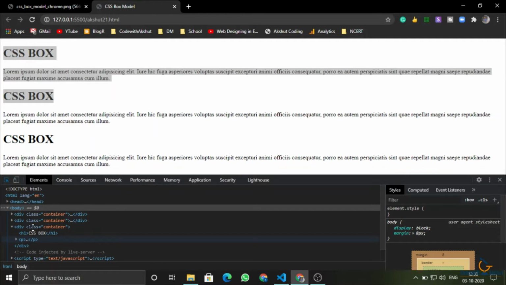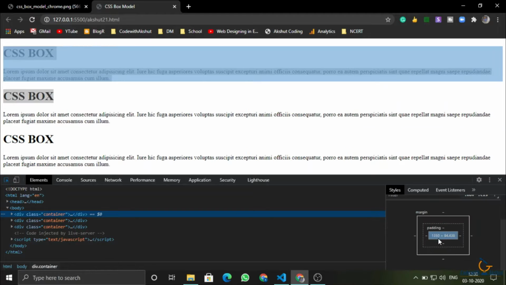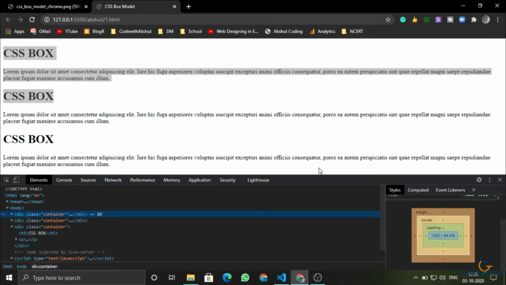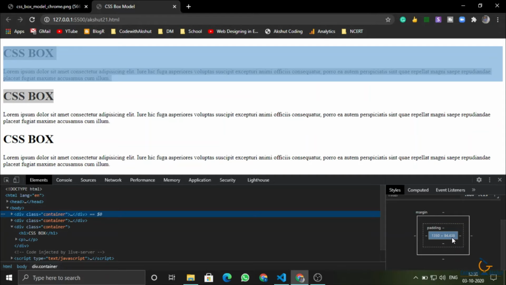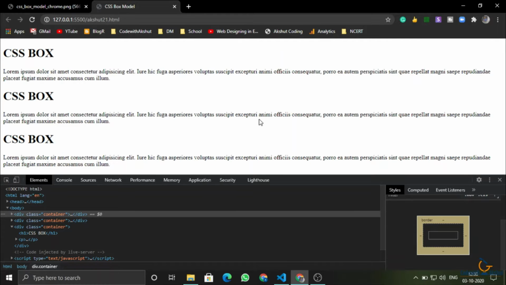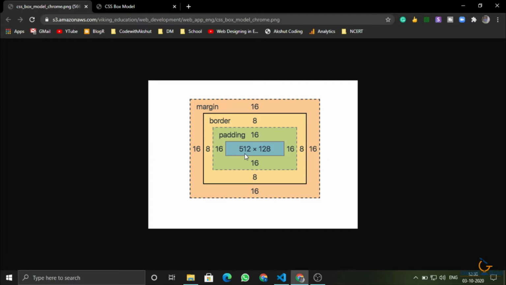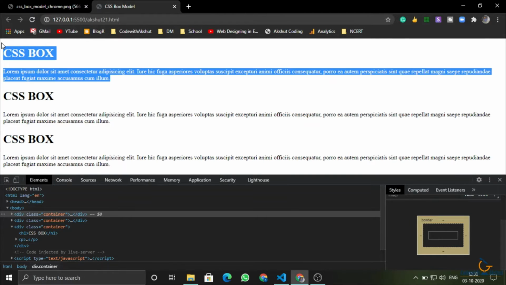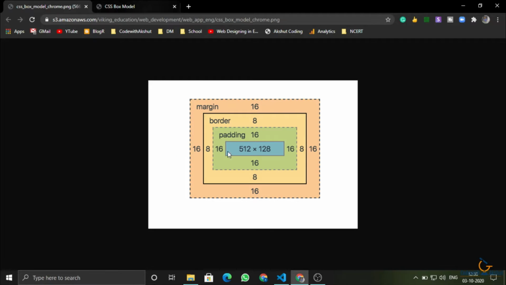In our file, its width and height is 1350 into 94.438, so you can visualize that this 512 into 128 is this one. So this is our element that we have added in our web page.